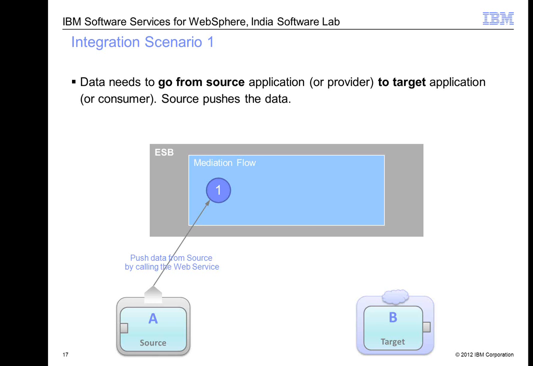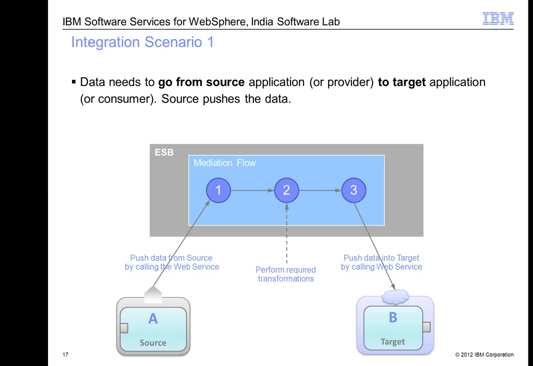And as part of the entire flow, A is going to call the mediation flow. Once again, I would like to remind you that the mediation flow itself is exposed as a service. A is pushing the data to the mediation flow, and now the data is there in the mediation flow. The next step in the mediation flow is to do something about it. For example, do some kind of transformation if needed, some kind of message format conversion or transport protocol conversion and so on. And once it is ready for system B's consumption, the third step is to push it into system B